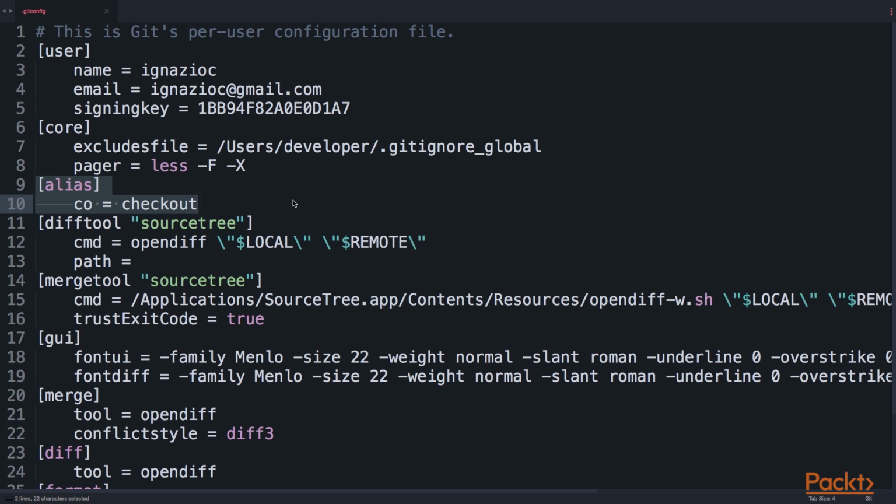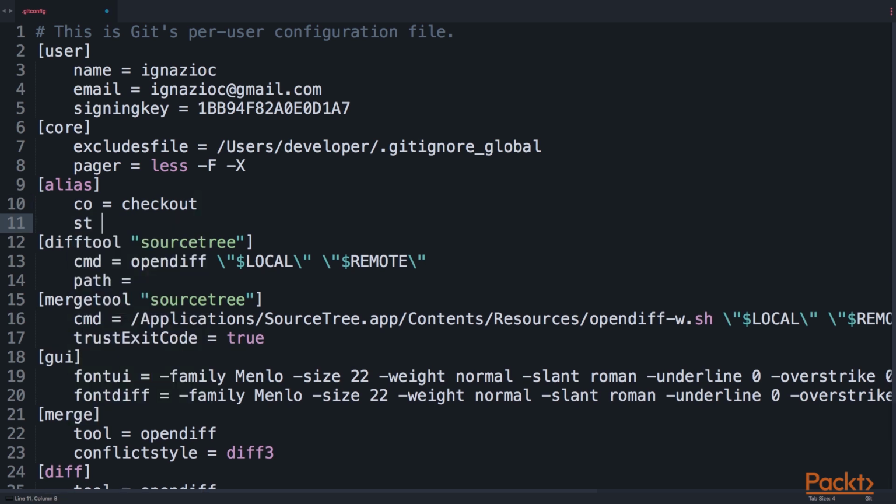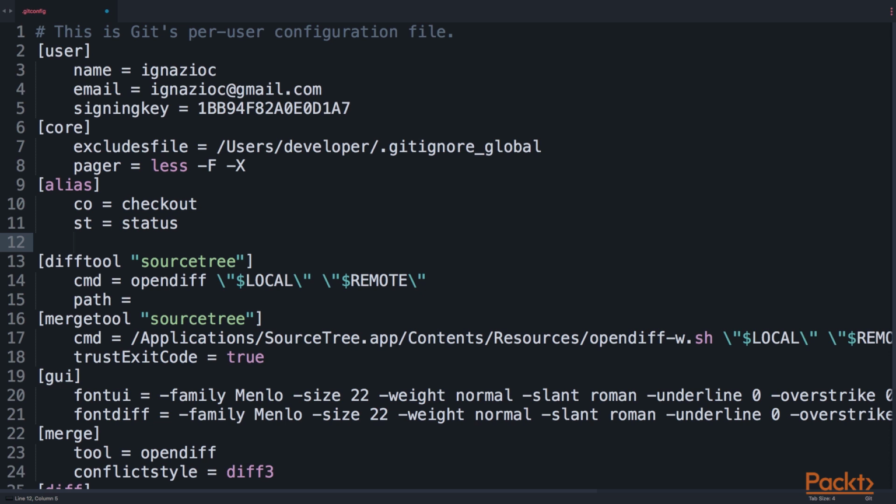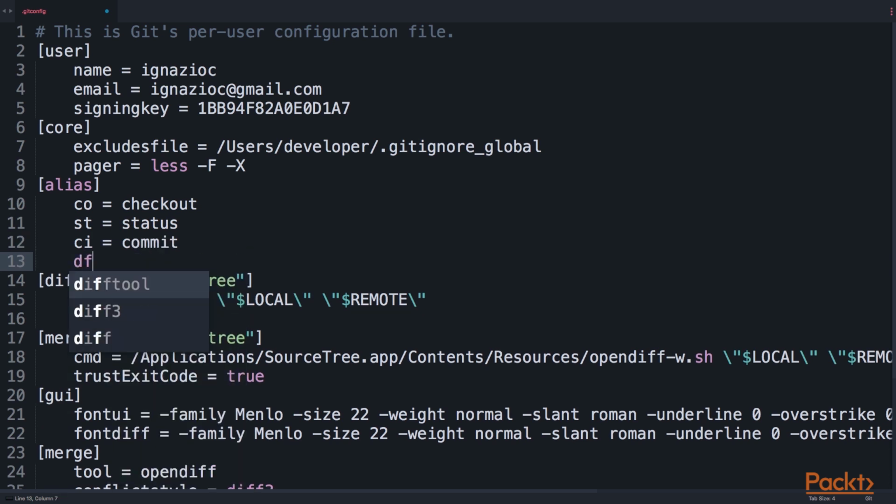Now directly here below the first alias, we can add some more aliases. For example, we added the CO for checkout. So I would usually like to have ST that stands for status. So instead of typing git status, we can type git st, then CI for commit, and as well